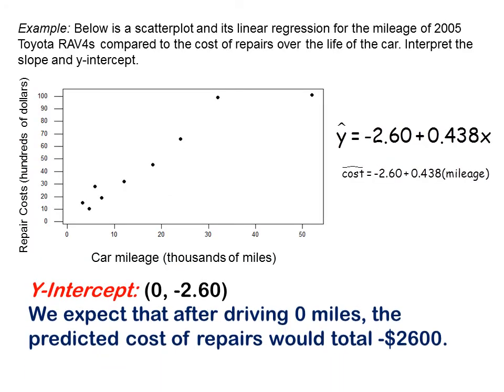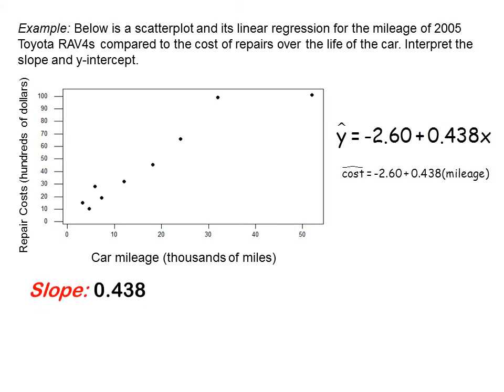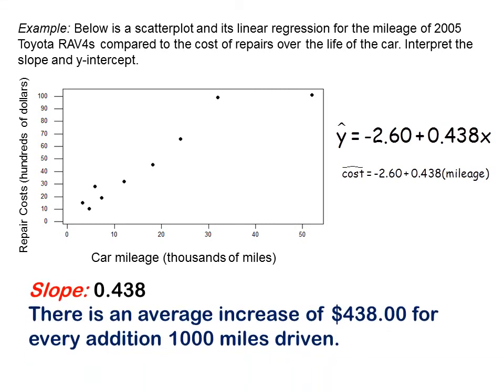The slope is 0.438. There's an average increase, because the slope is positive, of $438 for every additional 1,000 miles driven. The reason it is 438 is because you can see on the axis that the repair costs are recorded in hundreds of dollars, and on the x-axis the mileage is recorded in thousands of miles. So $438